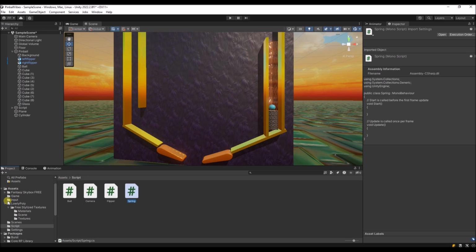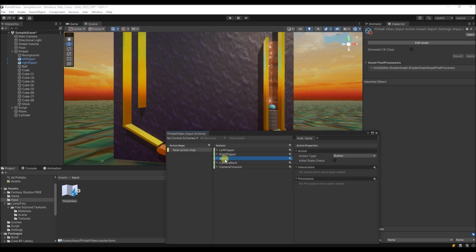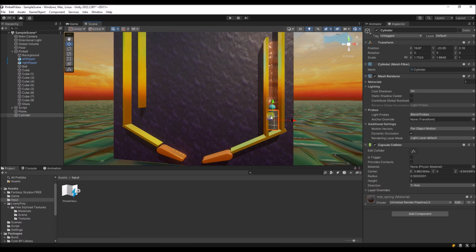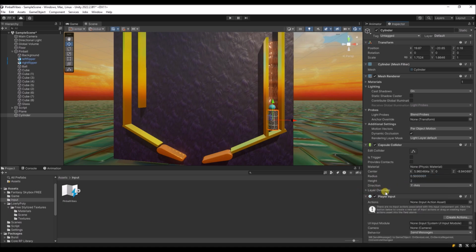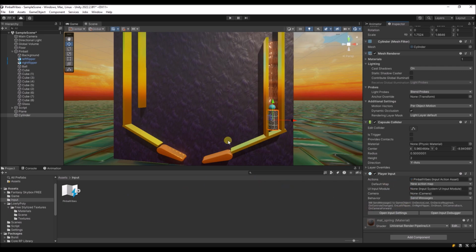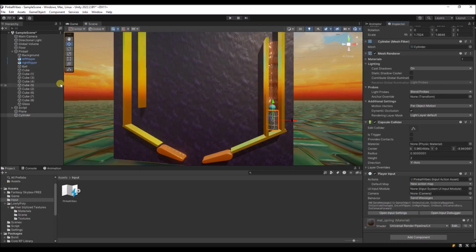So if you remember, we created this input actions. We have the shoot over here as well. So we need to attach these input actions also to this. So let's add the player input over here and set the player actions to these. Now if we press the space bar, we will enter this on shoot function, and over here we want to shoot the ball. We can shoot the ball by applying force to it,